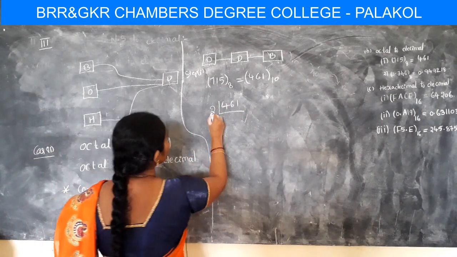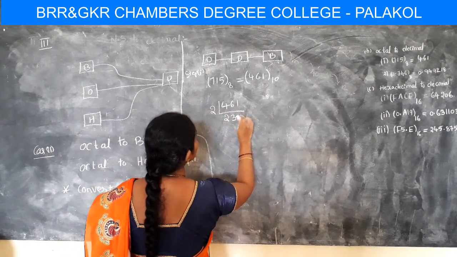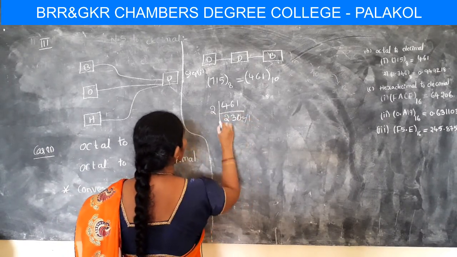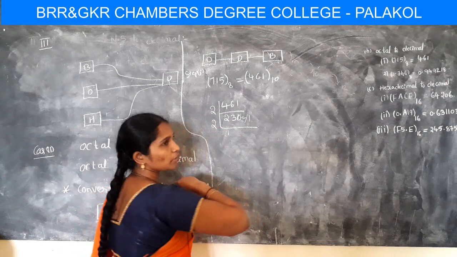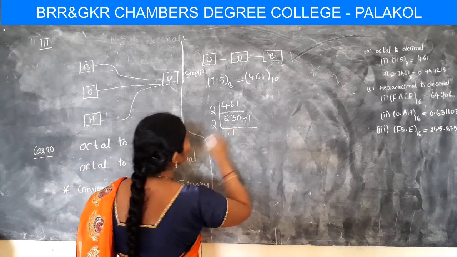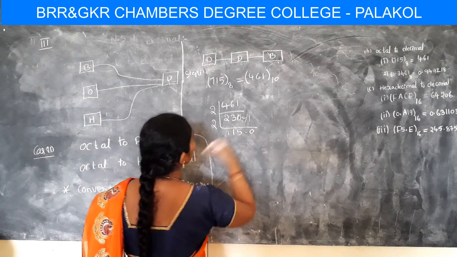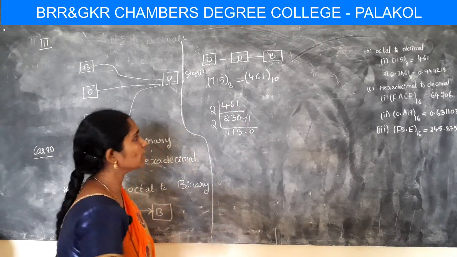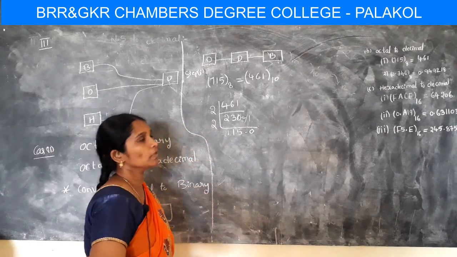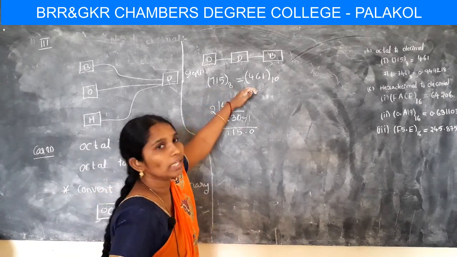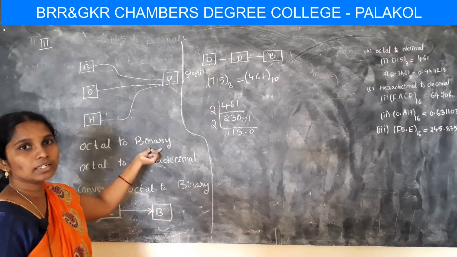Okay. So that is nothing but here 2 2s are 4, 3 2s are 6. So the remainder is 1. And after that again we will divide by 2. So 1 2s are 2. Therefore the remainder is 0. So likewise we have to repeat the process, and after that we will give the answer from bottom to top. So likewise we have to do the operation for converting an octal to binary number system.